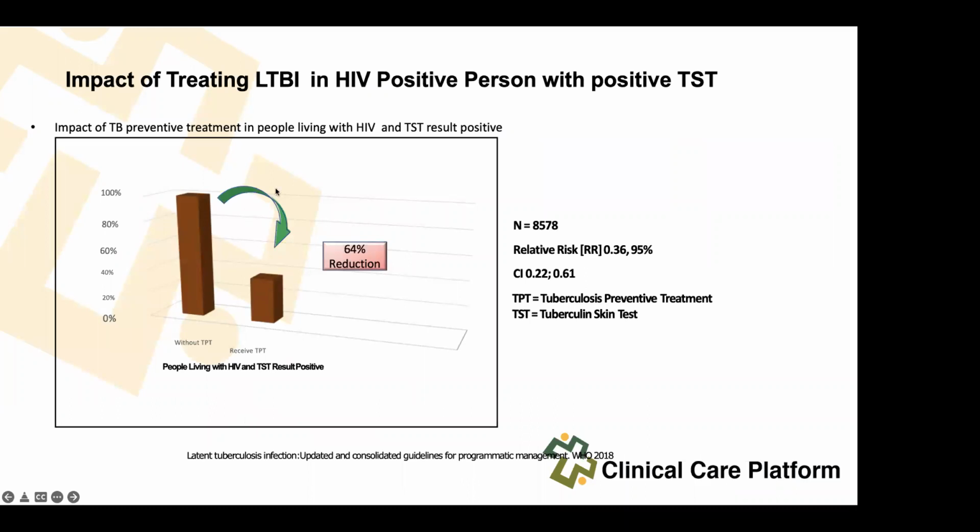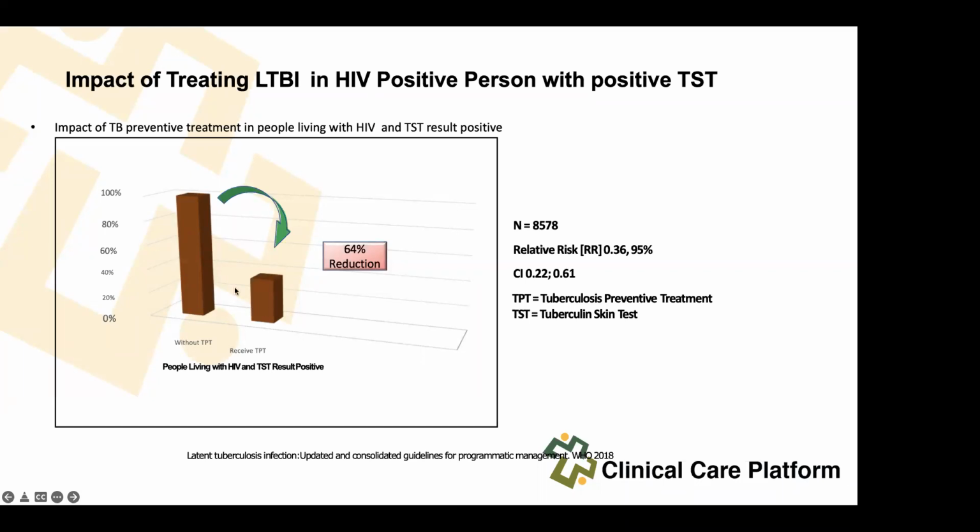And these are some of those studies published by the World Health Organization. You can see we're looking at the impact of TB preventative treatments in people living with HIV and AIDS. In this instance, these patients were given a tuberculin skin test, so exposure to TB was confirmed. In other words, those who had negative TST results were excluded. But you must remember, in the HIV context, the majority of our patients, if you do a TST, will have a negative one because they do not have enough immune response to your PPDs, and so on.